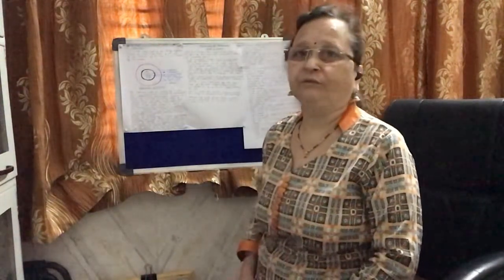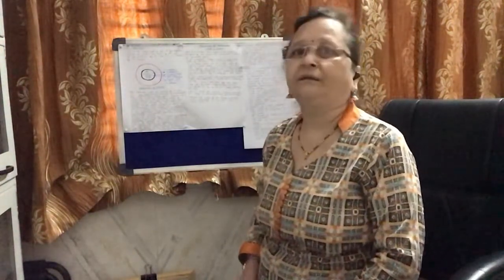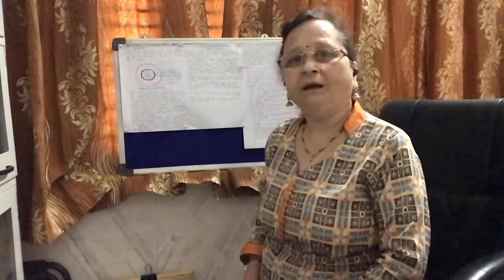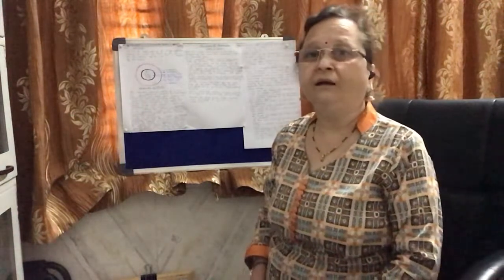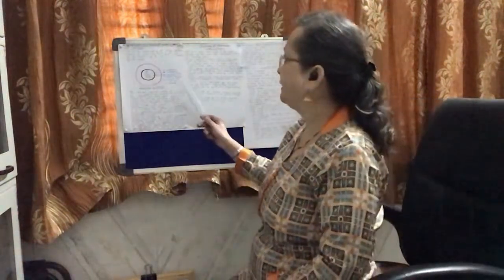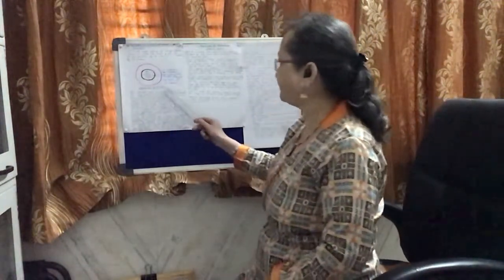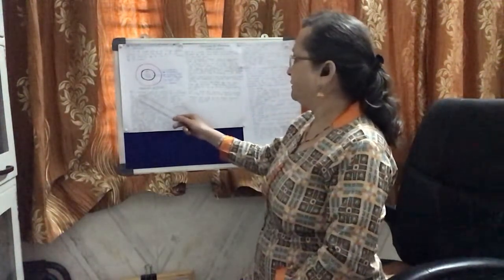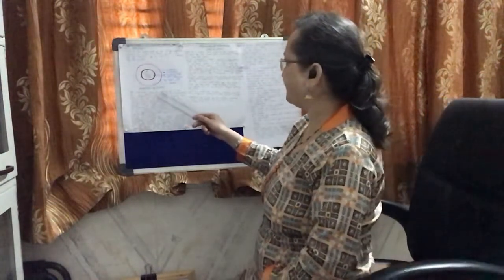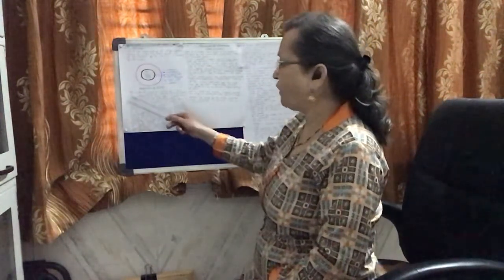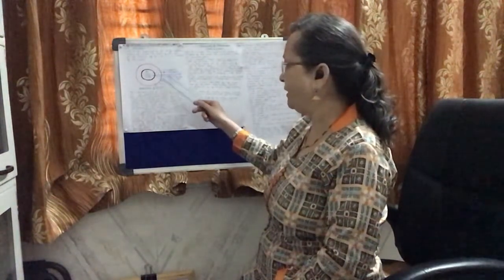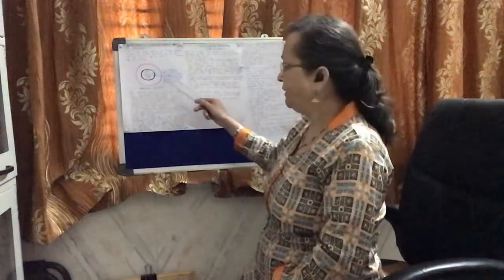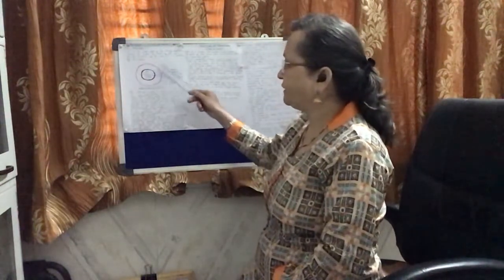And we also know that the nucleus controls all the activities of the cell. So the nucleus is called the brain of the cell. So let's see on our board. This is the structure. Here the outermost part is the outline of the cell, that is the cell wall. This is the cell wall. And see here students, in this cell wall you are seeing tiny pores.